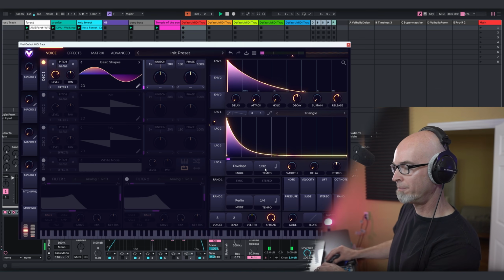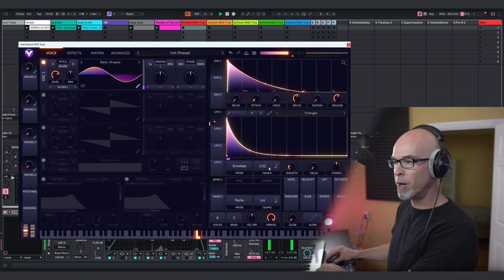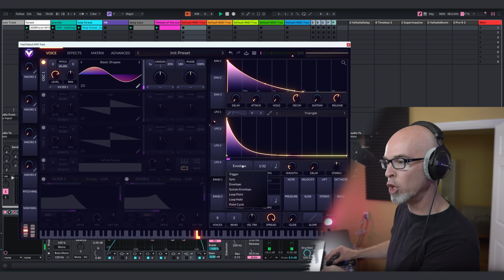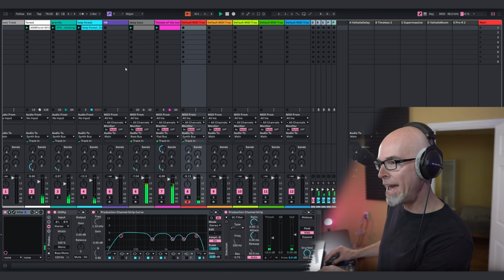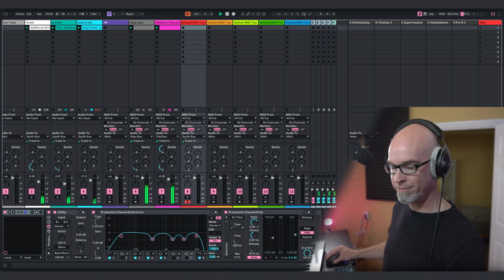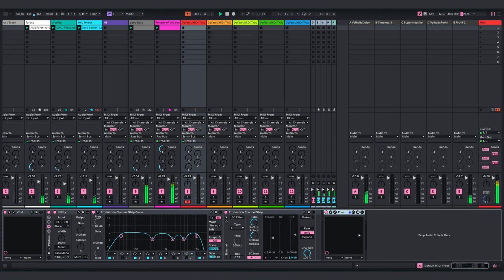There we go. So I'm at 1/32 on my envelope here. Notice I put it into envelope mode, 1/32, okay? But now if I copy the reverb and paste the reverb after this,